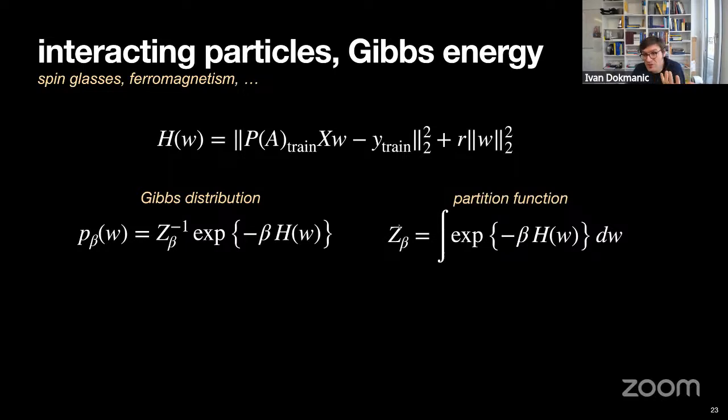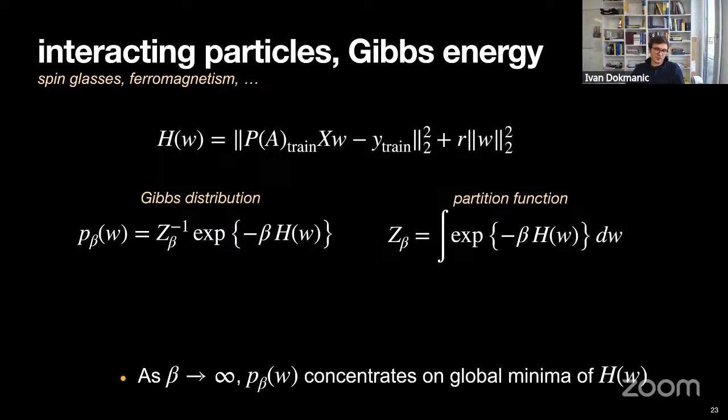It turns out that this partition function really encodes kind of all information that we need to know in order to solve our problem. And as I said, the idea is that as the temperature goes down to 0, this object starts to concentrate on global minima. Now, given the fact that our Hamiltonian is convex, actually strongly convex here with regularization, there's a unique global minimum, and this is what we're going to get when we set temperature to 0. So the program is that we do the analysis at a finite temperature because that is easier analytically, and then once we have a result, we send temperature to 0.